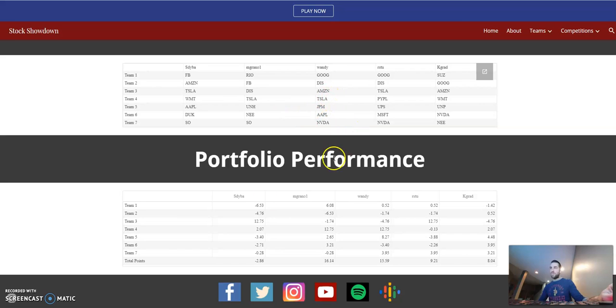All picked their 7 respective teams, and detailed down below is how each one of those companies performed from Monday, January the 4th at 9:30 a.m. Eastern Standard Time when the market opened, through 4 p.m. Eastern Standard Time on January the 8th when the market closed.